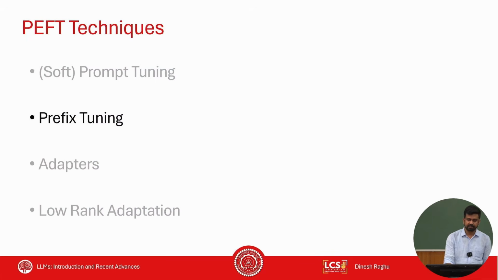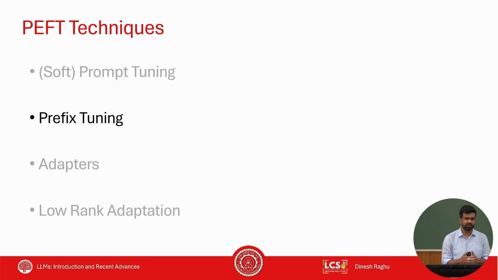Okay, so now that brings us to the next topic, which is prefix tuning, right? So the number of parameters you use for the PEFT technique has a trade-off. If you use a lot of parameters, then you're very likely to learn very complex tasks, because your capacity is very high, but your chances of overfitting also become high. But if you have a reduced number of parameters, then your chances of overfitting are less, but your performance can get